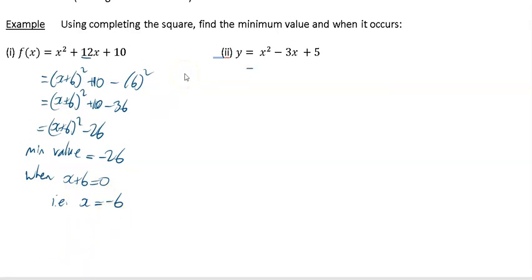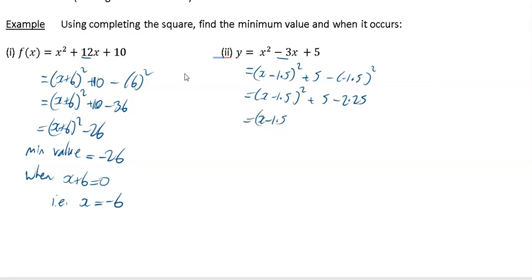Same idea in this one. Our coefficient is minus 3, so x and half the coefficient is going to be minus 1.5. Sorry, that shouldn't be an x squared, that should just be an x. That's x minus 1.5, and that's going to be squared. Then plus your 5 minus 1.5 squared. So if you go on from that, that's going to be x minus 1.5 squared. And then if you do minus 1.5 squared, you got 2.25, so that's going to be minus 2.25. So that's going to be x minus 1.5 squared, and then that's going to be plus